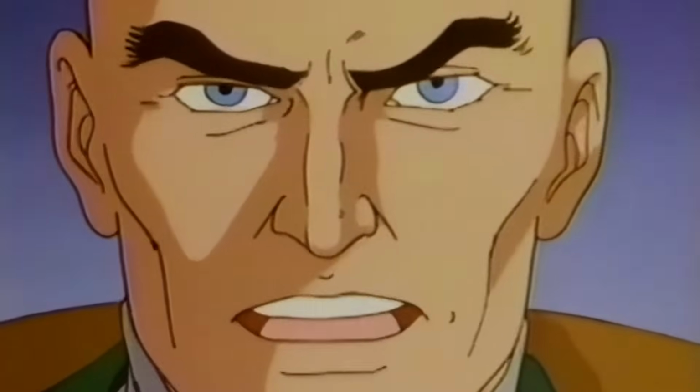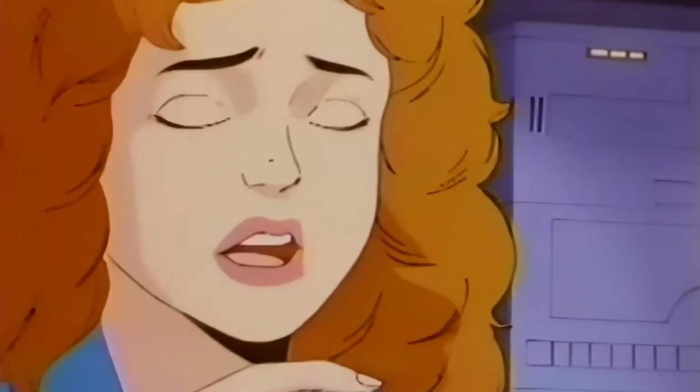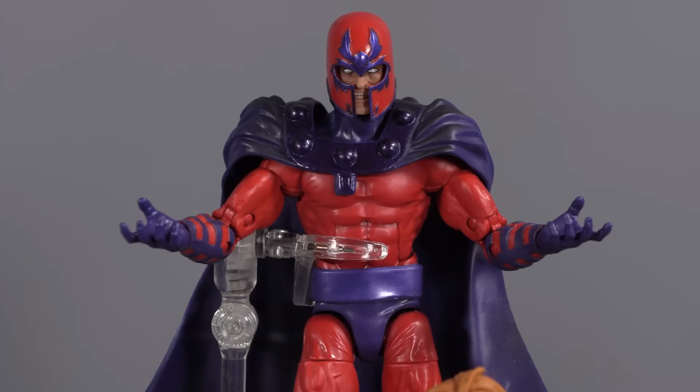So let's get started. It is the X-Men's sworn duty to protect mankind by battling Magneto and his evil terrorist mutants. We'll start with the big man himself, Magneto. I knew I wanted something comic accurate, and Sal said he had the one from the Family Matters set, which was the 3-pack that came with Quicksilver and Scarlet Witch. So I bought that version of Magneto from him, which gives him 2 head swaps. So I've got the head where he's using his powers, kind of like he looked in the Pryde of the